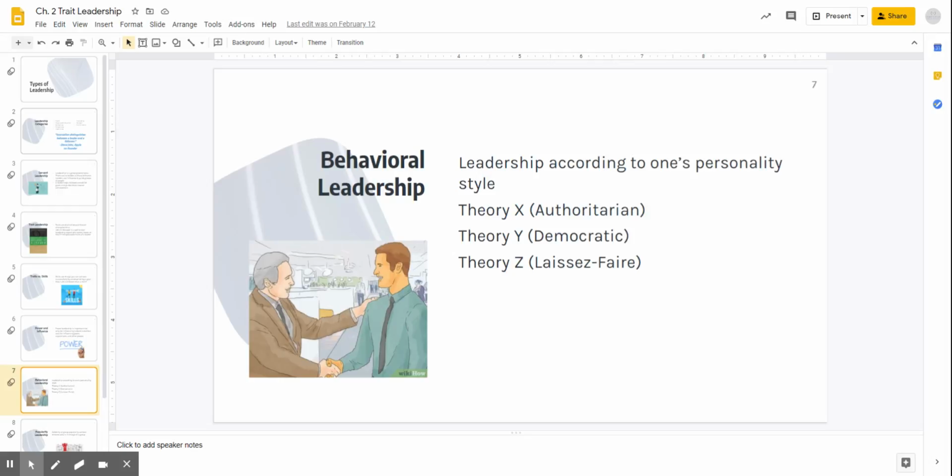We'll get into behavioral leadership a lot more when we start talking about styles of leadership. But behavioral leadership is a type of leader that you are. So there's really three different ones that we look at within this class. It kind of goes along with what your traits are and what your skills are. So there's Theory X, which is very authoritative, where you will tell someone what it is that you're expecting them to do. So you divvy out all of your projects or things that you need to accomplish, and everybody is very well aware that you're the person in charge, so you have that power and